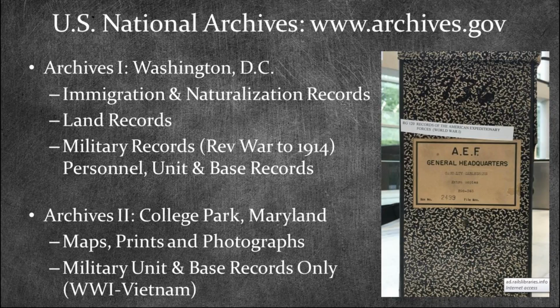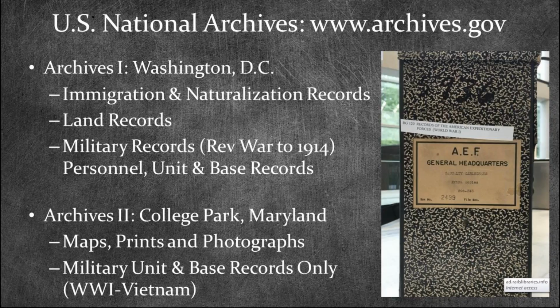What they also have are military records at Washington, D.C. that cover the Revolutionary War to 1914, so just before World War I. So what that includes is both the personnel records, so if they had an ancestor who served in the War of 1812 or the Civil War, those personal files are going to be there. But it also means that their unit records are going to be there as well. So the state kept track of their soldiers with a different set of paperwork than what the federal records collected. So there's two sets of records that your patron can access.